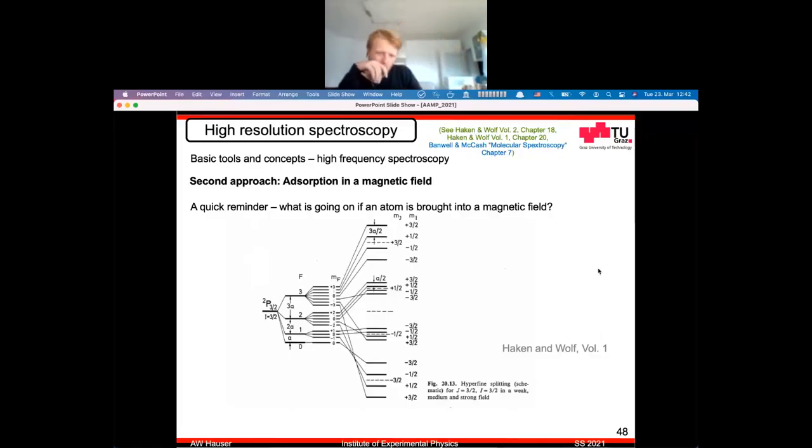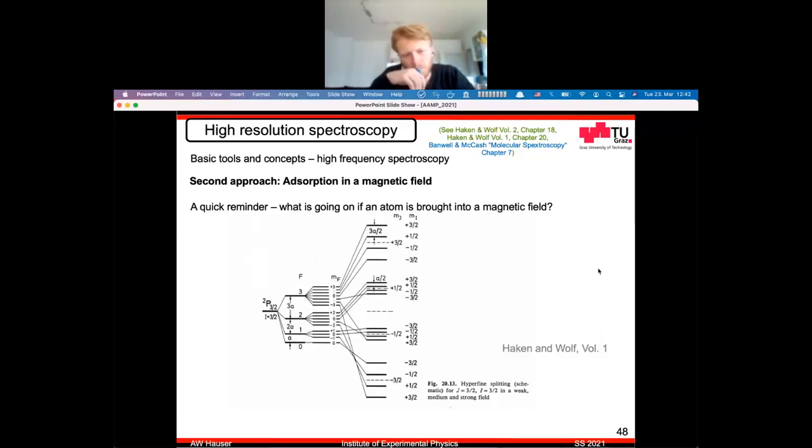So F goes from 0 to 3, giving us 4 possible ways of how these two angular momenta can be